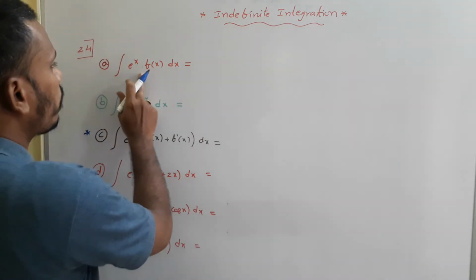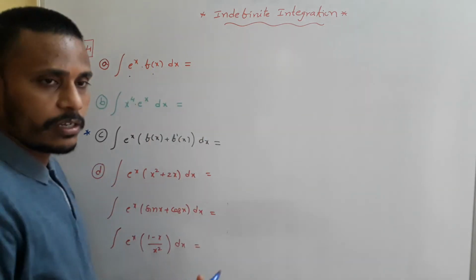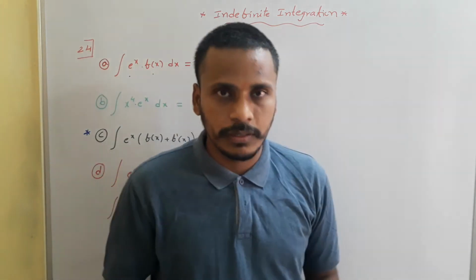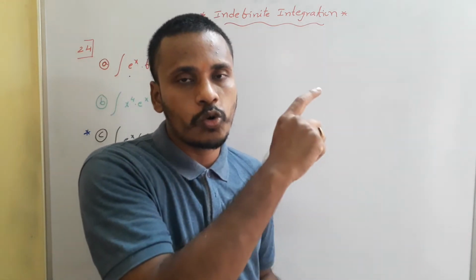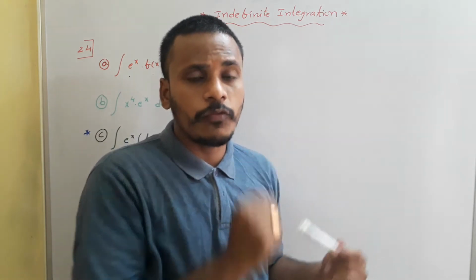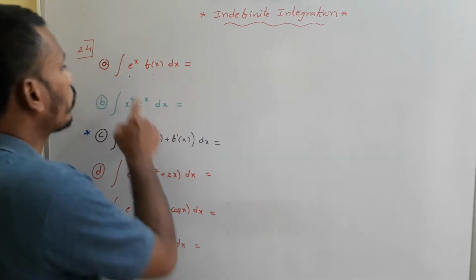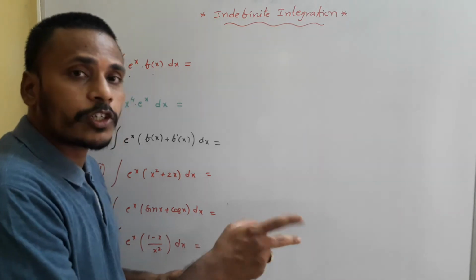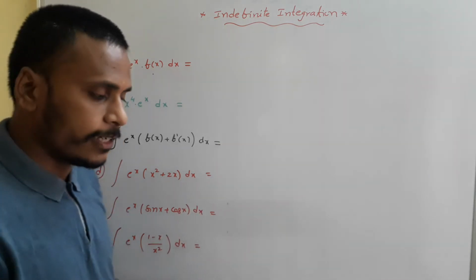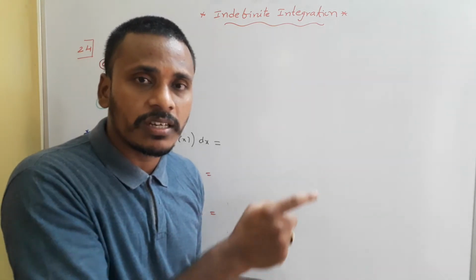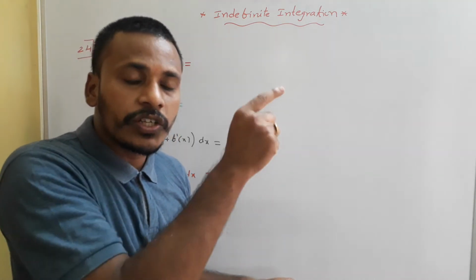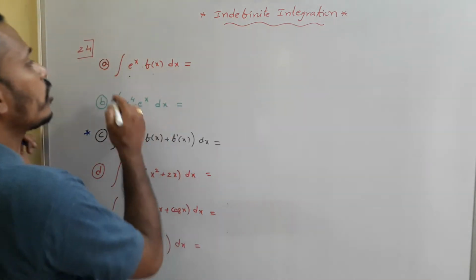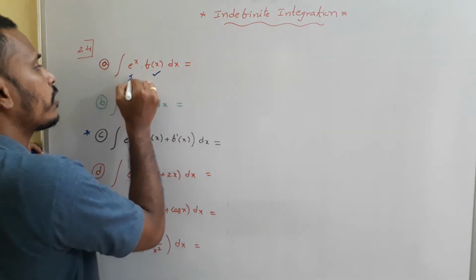First of all, integral of e^x times f(x) dx. See, there are two functions, and to integrate them we need integration by parts. While doing so, we need to identify the first function and the second function. When you observe e^x and f(x), which is first and which is second? To decide that we have ILATE. In ILATE the last letter is E, which means exponential. Since E is last, that is for sure the second function. So f(x) is our first function and e^x is our second function.